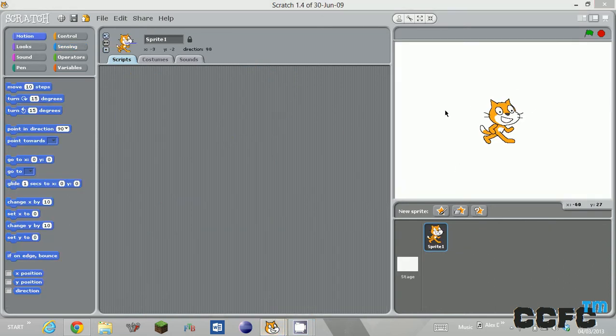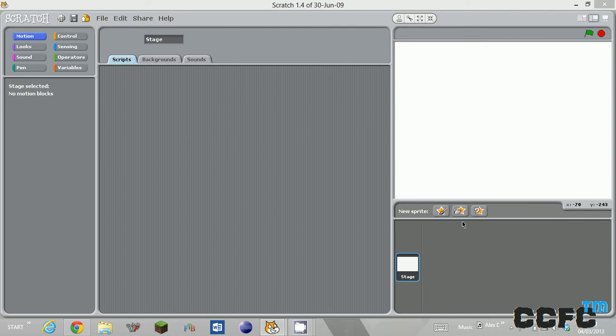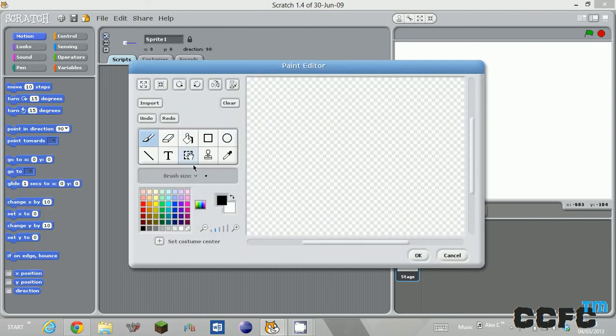So what you want to do first is get rid of this sprite. All the images on screen are sprites, or it's the stage. To do that you right click and delete. Now to create a new sprite you want to click paint new sprite, because we're going to make the ball. To make the ball you just want to get some sort of blue. You want to click on the circle and